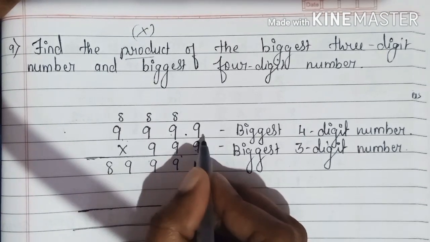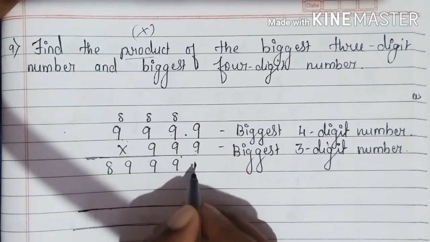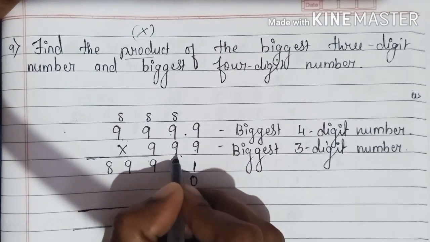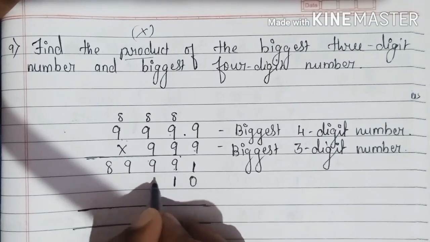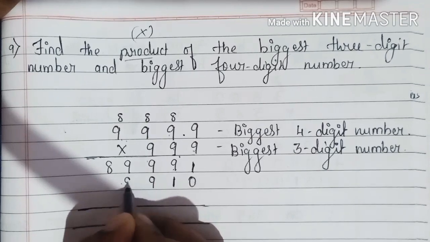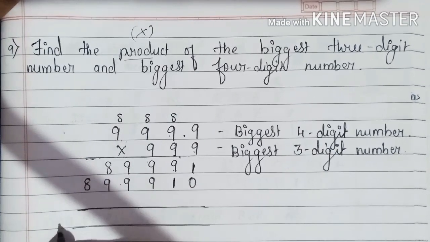If I multiply 9 with these numbers, I'll get the same answer. Whatever I have got here, the same answer we will get for the second digit 9. So I'll copy from here. Here we will write 1. This 9 we will copy here and this 9 over here. This one we will copy here and the last one, 8, we will write here.